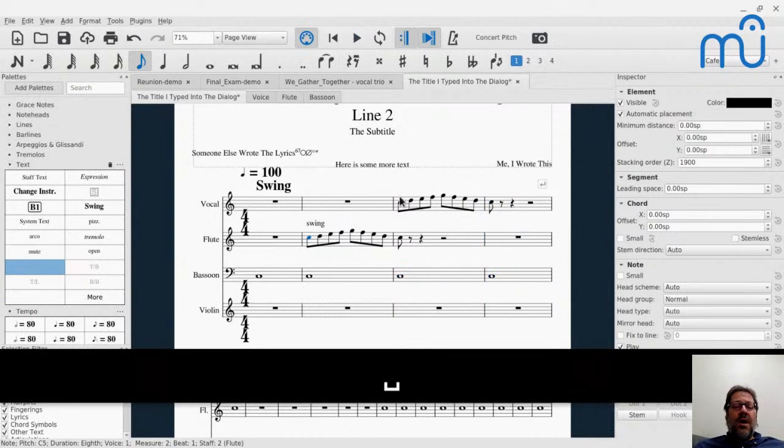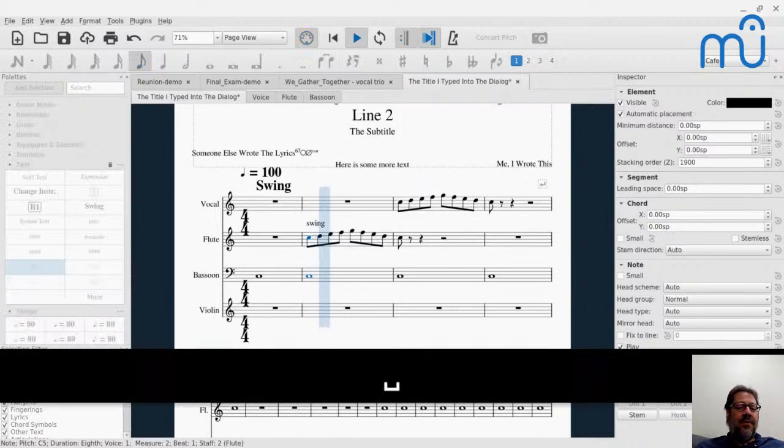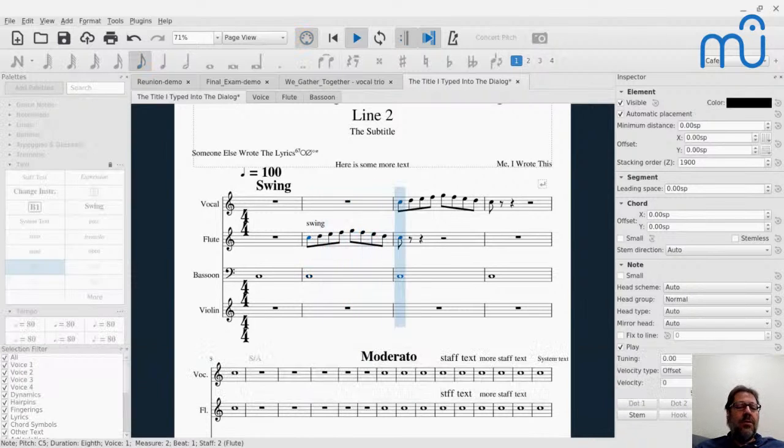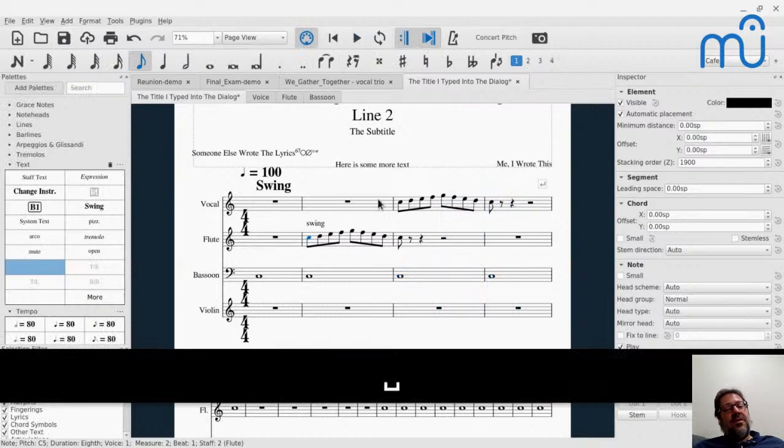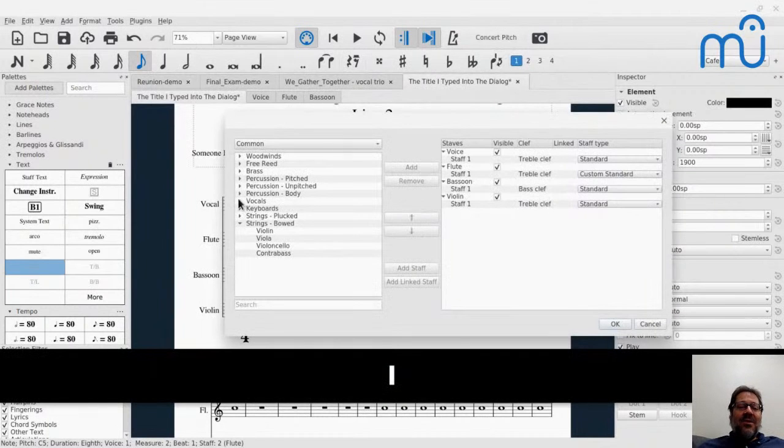So if you were paying attention there, you could tell this is a more exaggerated swing on the flute, and the voice is less exaggerated. So yeah, you can have independent controls there. Okay. SA works on the women instrument. Thank you so much. Thank you. So glad to know that.